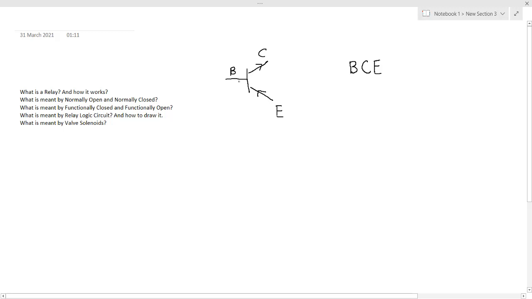But basically, your transistor works like a switching device. Okay, see, it is very important. If you understand the working of a transistor, you will immediately understand the working of a relay. A relay is a bit more complicated kind of transistor. Okay, so see, how does a transistor work? In a transistor, whatever load you want to control, imagine there is a battery over here and there is a bulb over here. Okay, this is how we have connected the circuit.